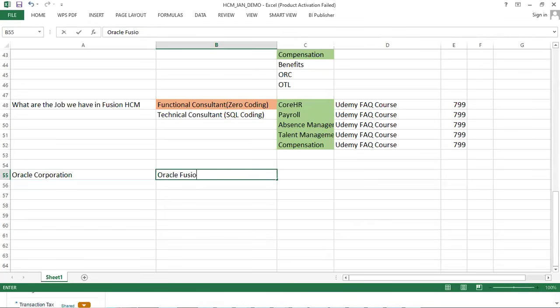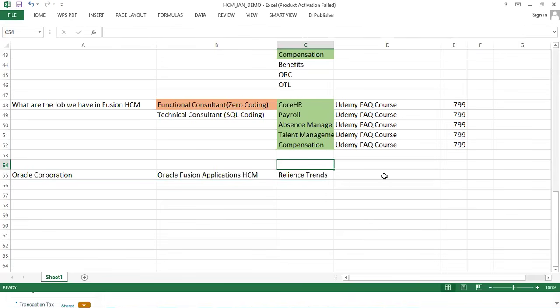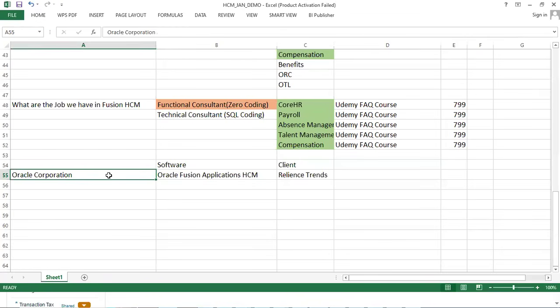What is the software? Oracle Fusion Applications, HCM. Who is your client? Reliance Trends. Reliance Trends is the client. And what is the software? ERP software, Fusion Applications. So once the client buys this software from Oracle, Oracle is the company who has developed this